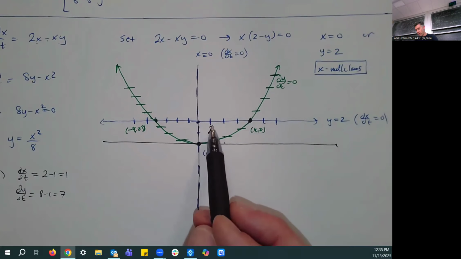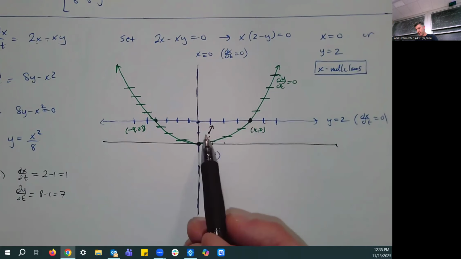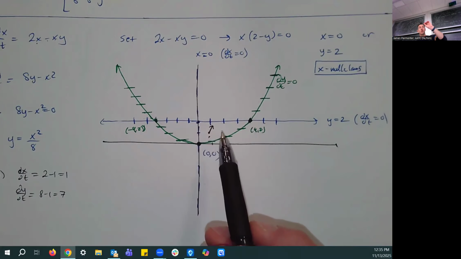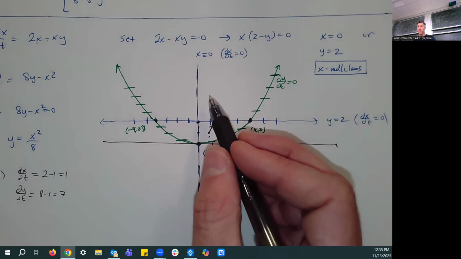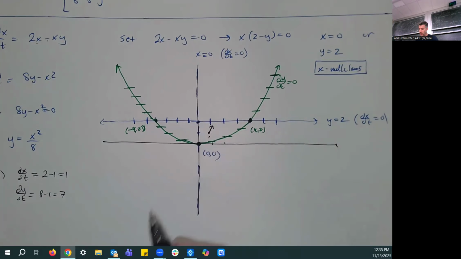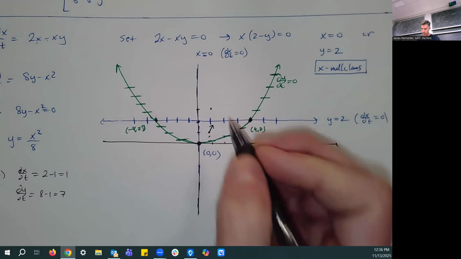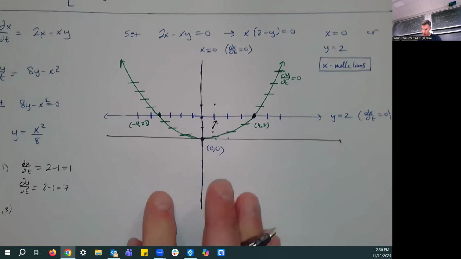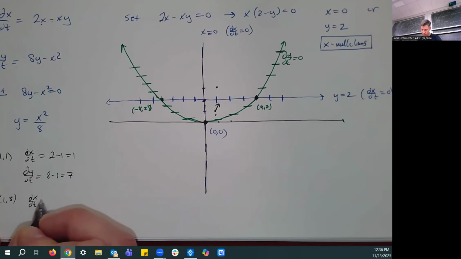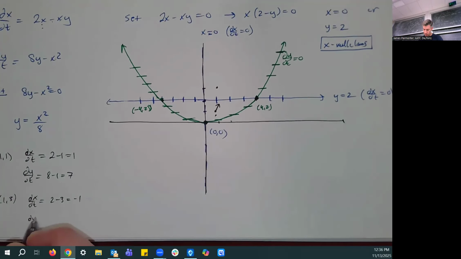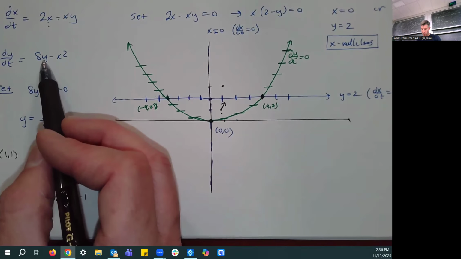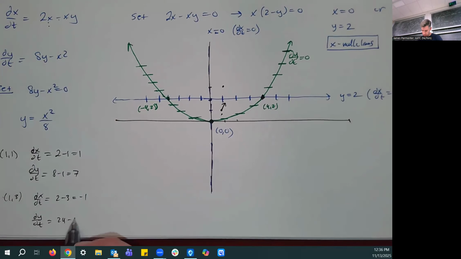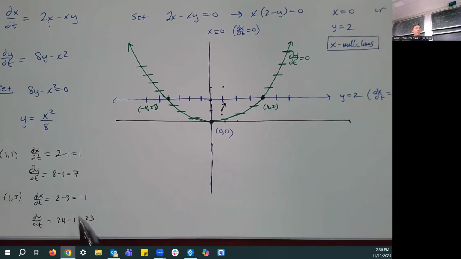When you cross over this null line where the change in X is 0, what should happen, I think, is we should still be pointing up, but now we're going to be pointing left because we've kind of, well, let's find out. Let's pick the point like say 1 comma 3 and see what happens. So we plug in 1, 3, our dx dt is going to be 2 minus 3, which is negative 1, and our dy dt is going to equal 24 minus 1. So slightly left and very much up,